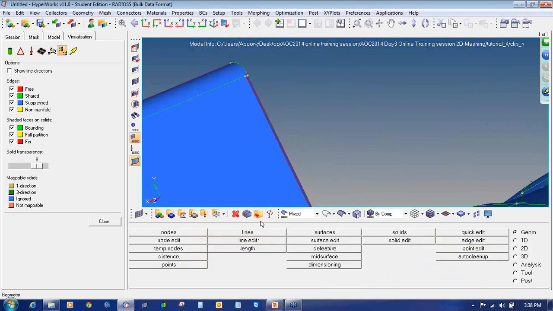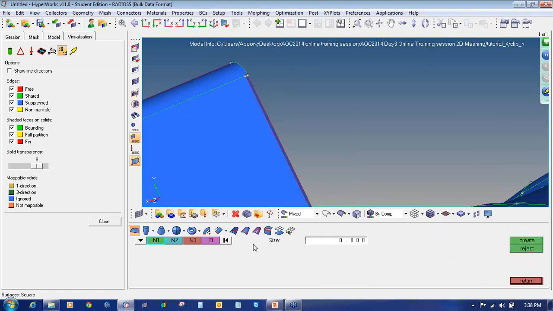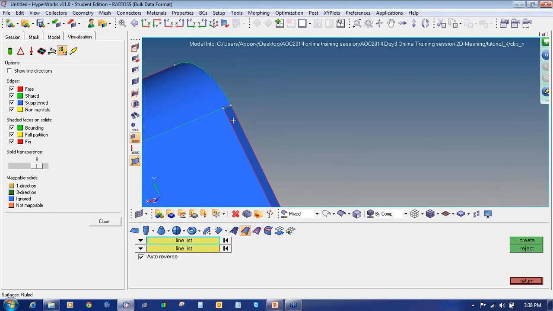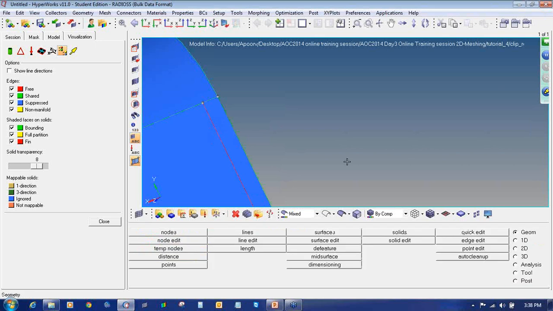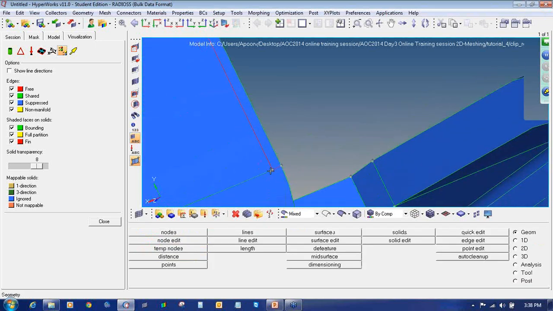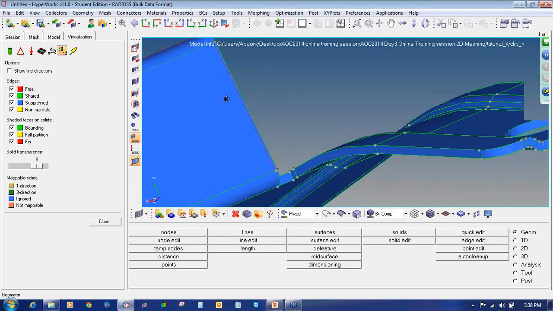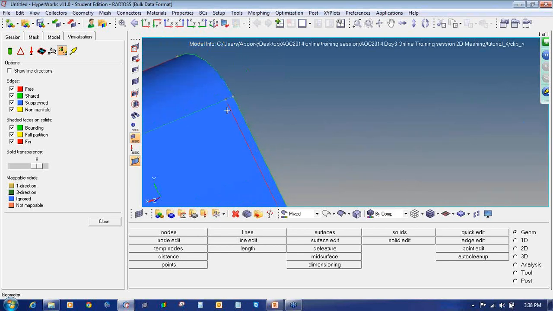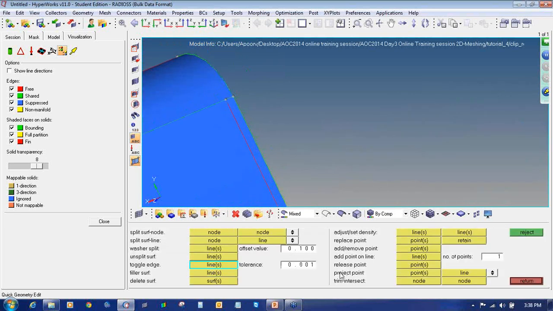So you can go to geometry page, surfaces. In this, select rule panel, select the first line, click on the line list and select the second parallel line to that and click on create. So once you click on create, surface will get created, but it is still showing some red edges, so we can directly toggle them. So go to F11, toggle and enter the value as 0.1 and toggle them.